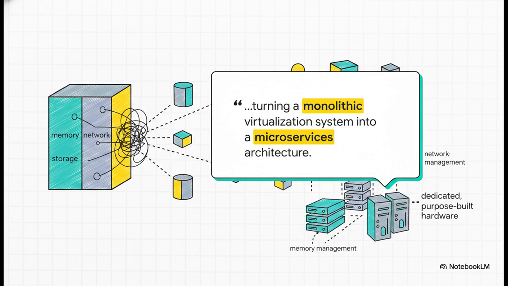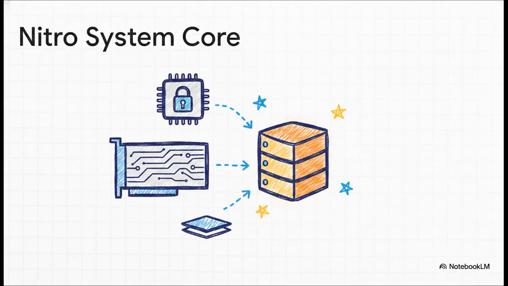Instead of having one giant software hypervisor trying to do absolutely everything, managing memory, routing network packets, processing storage, AWS decided to break that monolith apart. They decomposed it piece by piece and offloaded those responsibilities to dedicated, purpose-built hardware. So what's actually in the box now? The Nitro system basically boils down to 3 primary physical components: purpose-built Nitro cards, the Nitro security chip, and this